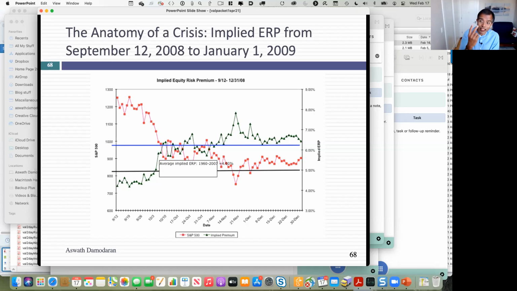This is the US, the S&P 500, the US equity risk premium almost doubled. It dropped back a little by the end of December, but it was still at 6.4%, well above where it was before the crisis. The equity risk premium changed dramatically during a crisis, which is what you'd expect. But the problem is if you're using historical risk premium, nothing changes, right? Because you're looking at the past. The world is shifting under you. How can you keep using 4.5% as your equity risk premium when the world is pricing things with a 6.5% equity risk premium?